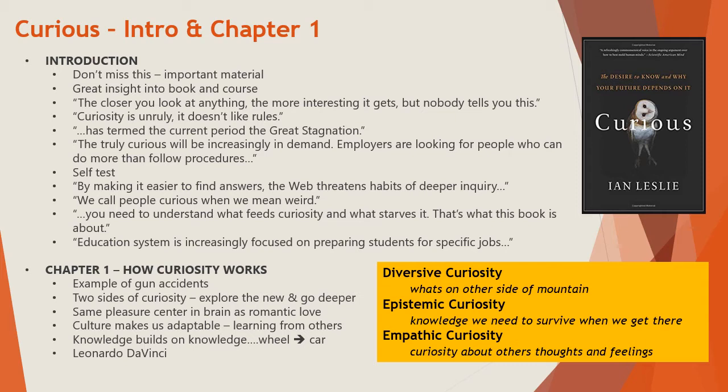Interestingly, he says the pleasure center for finding knowledge is in the same area as romantic love, so there's something genetic and biological in humans that has helped us continually evolve, to continually grow knowledge, to become more than we were before, as a society, as a person, and in our knowledge base.